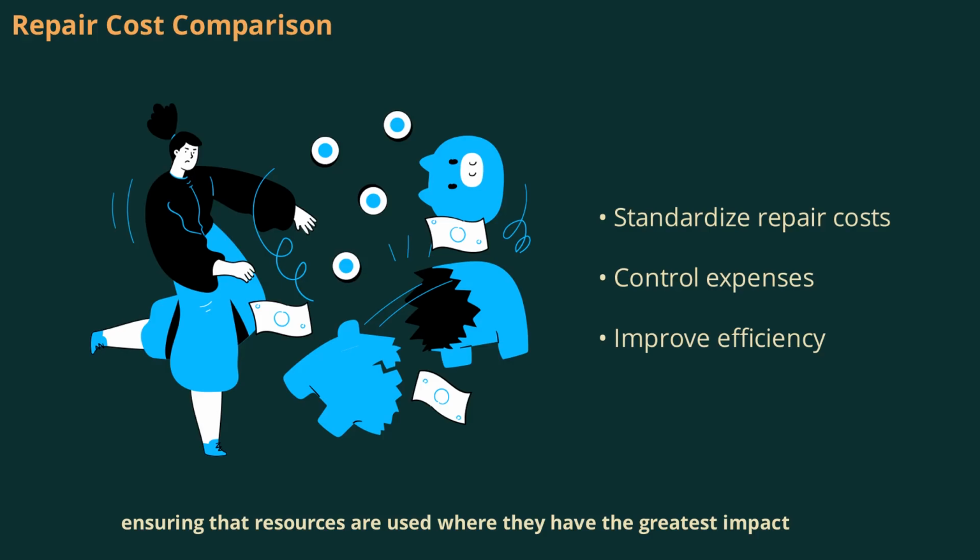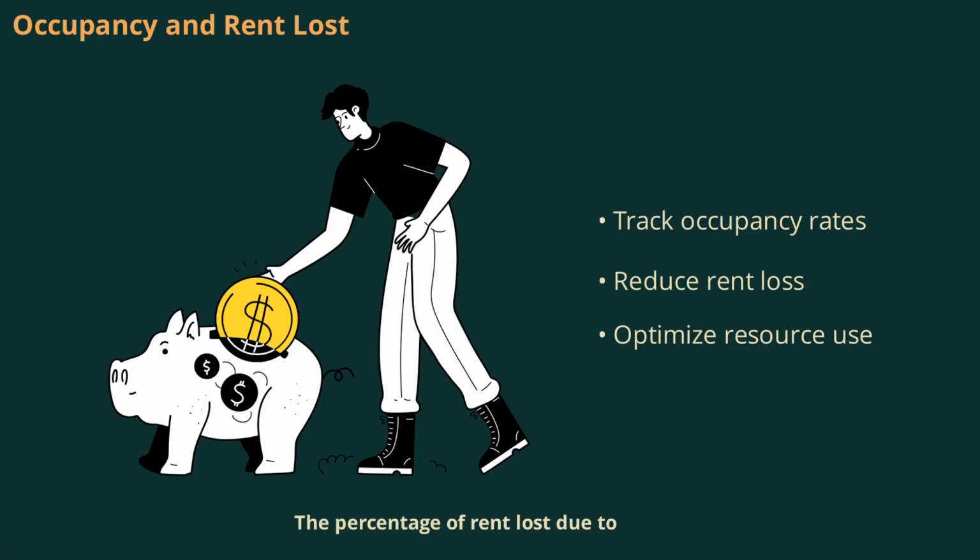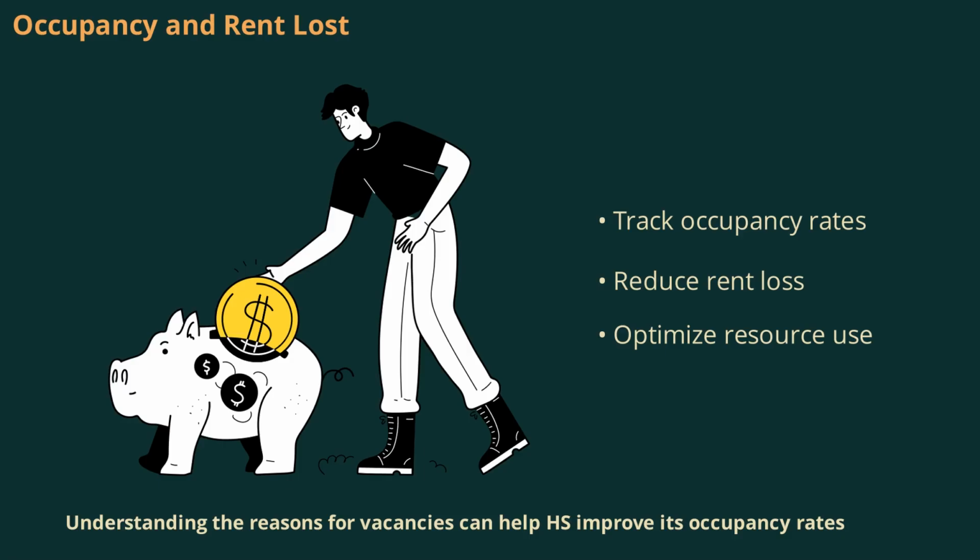the greatest impact. Percentage of rent lost due to unoccupied property is another important efficiency measure. HS has a 15% rent loss, while ES maintains 100% occupancy. Understanding the reasons for vacancy can help HS improve its occupancy rates, optimize resource utilization, and increase revenue for reinvestment